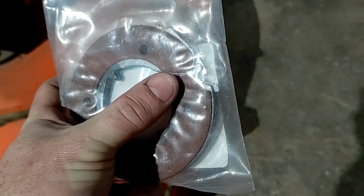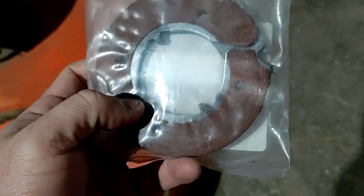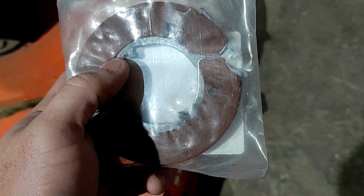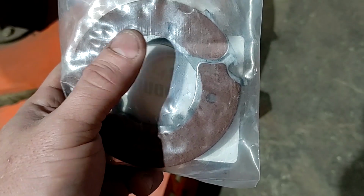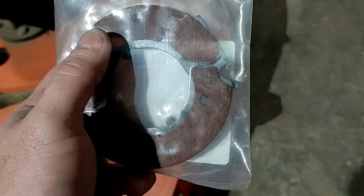I think what has happened is it's come undone here and actually fell off of the input shaft. The OEM style, as I say, is not split. It's just a round disc, and you actually have to pull the transmission out on those kind to change them. Now, if you want to go replace one of those with this, you can potentially access it depending on your